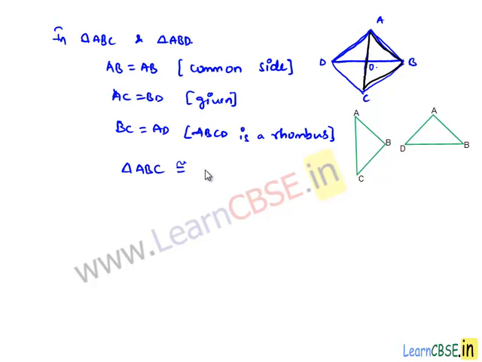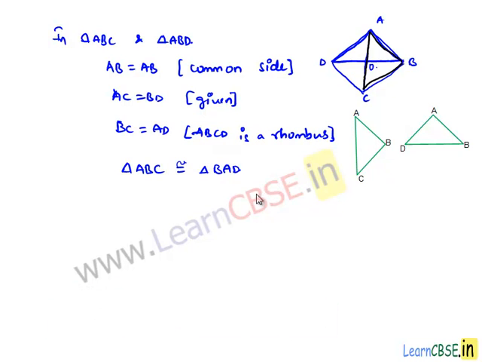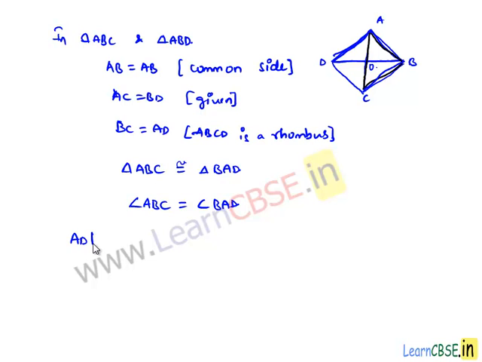to triangle BAD. And we know that when two triangles are congruent, their corresponding angles and corresponding sides will be equal. Therefore we can say angle ABC is equal to angle BAD, the corresponding angles. And we know that AD will be parallel to BC, as a rhombus is a parallelogram in which all the sides are equal. Now by considering that AD is parallel to BC and AB as transversal,